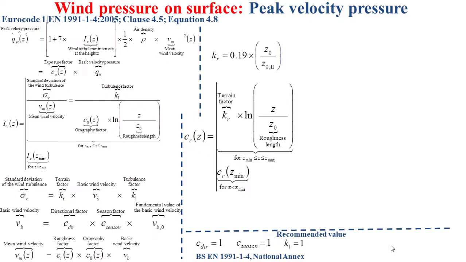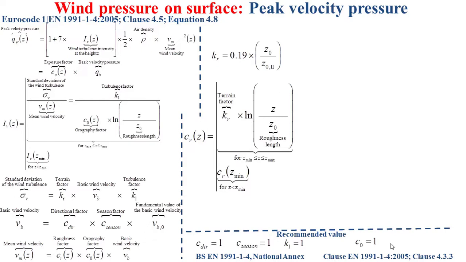And in the case when the height Z is lower than Z minimum, the roughness factor Cr is evaluated at Z minimum. This means that we can use the same formula as when Z is between Z minimum and Z maximum, except that we replace the height Z by Z minimum. And the orography factor C0 is taken as 1 unless otherwise specified by clause 4.3.3 in the European Standards